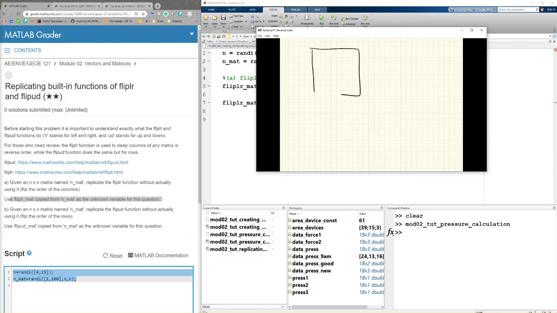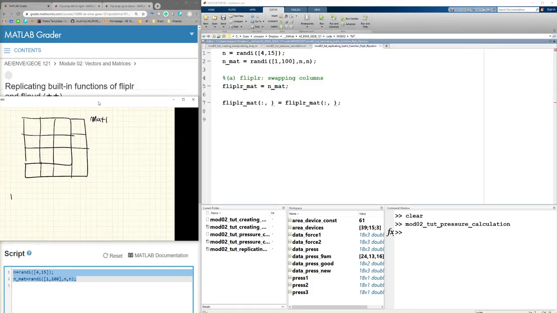When the n is a 3, okay, let's say n is a 4. This one is n1, mat1. How to write this code here? Mat1, all the column. So we are pointing this column in the reverse order. So 4, 3, 2, 1, right? Equal to mat1,